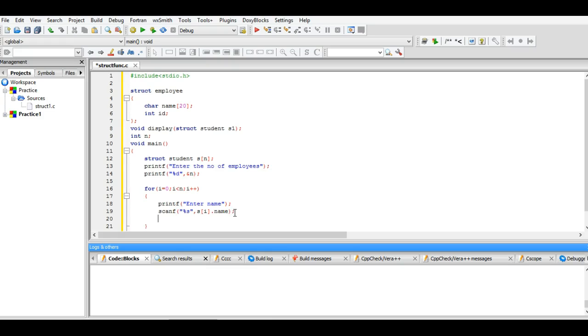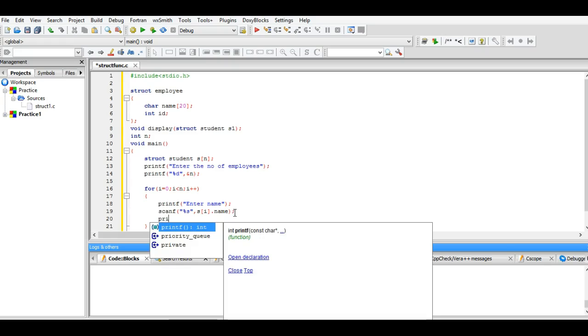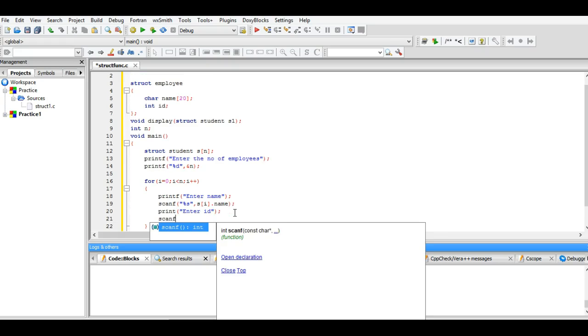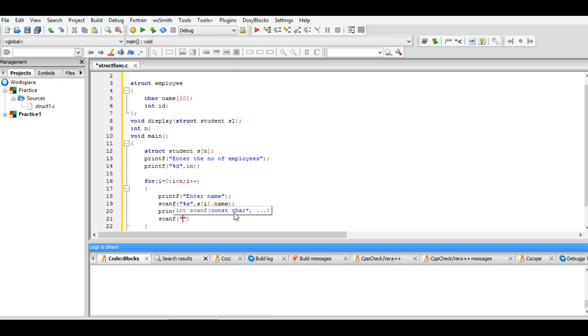Enter name is over. Now we ask the user to enter the ID, so we print enter ID, and we scan the ID with the help of scanf. Now this is easy, %d. Here we use the ampersand sign because this is not a string. Ampersand,